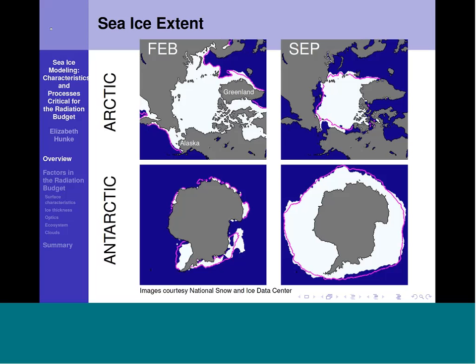And then the seasonal cycle in the Antarctic is even larger, with nearly all the ice melting away in summer. So sea ice covers about 4% of the Earth's surface, but it accounts for perhaps 8% of the planet's total reflected energy. And so it contributes significantly to the balance between the energy delivered to Earth as sunlight and the energy radiated from Earth's surface as heat.